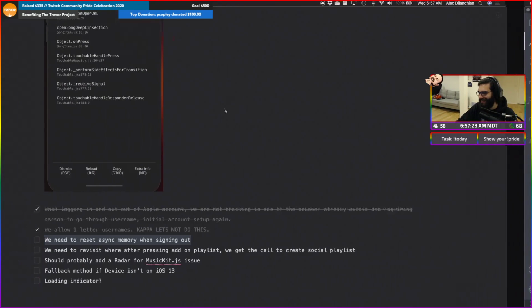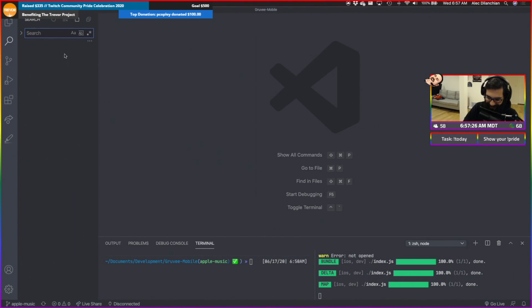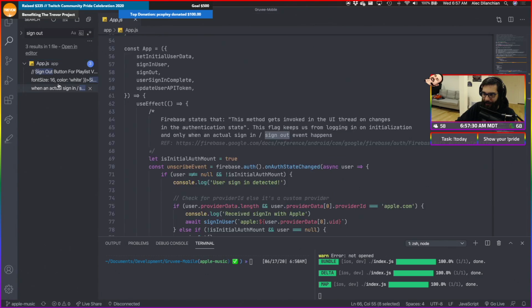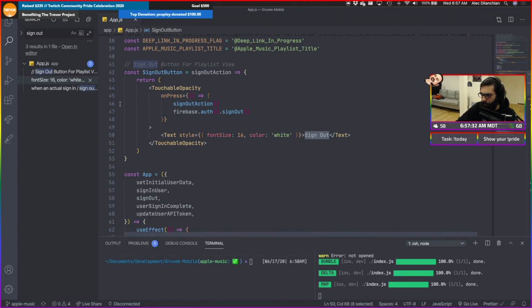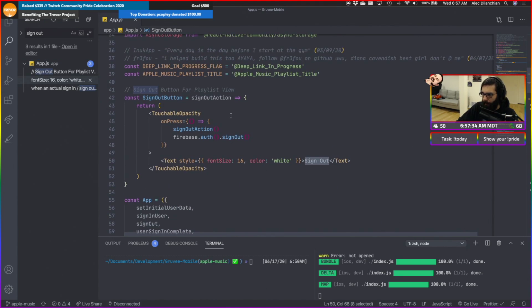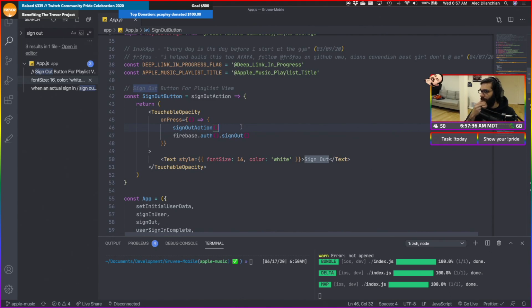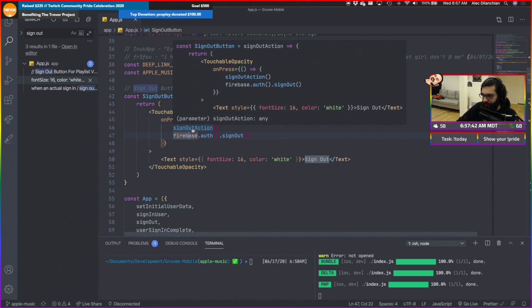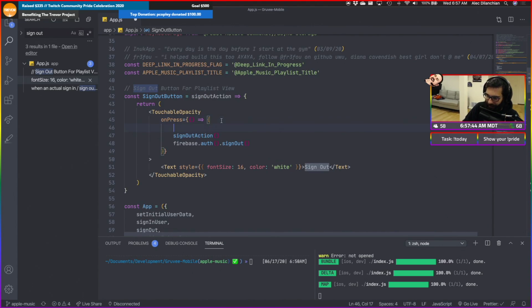Nah. Maybe a little bit. Cool. So we're going to clear out all our sign out data off the bat here. Oh, nice. So I just have this sign out button like this. Sign out action. Okay, so sign out action. I guess I should probably comment this.